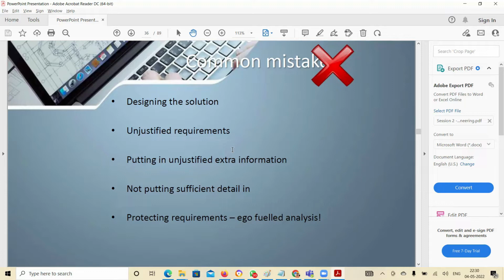Next is unjustified requirement. So what is an unjustified requirement? Something which is not relevant, which is not important. You can deliver the product without focusing on that, right? So that becomes your unjustified requirement. Say I start talking about Java development, that is unjustified. We are wasting time and effort. Instead, we can focus on something which is even more relevant, isn't it?